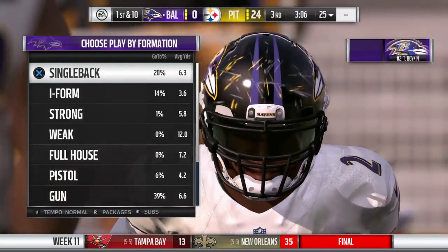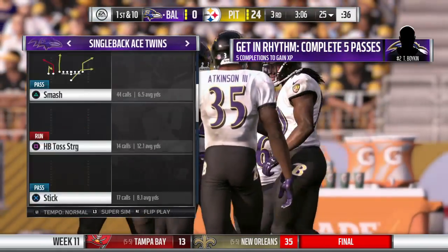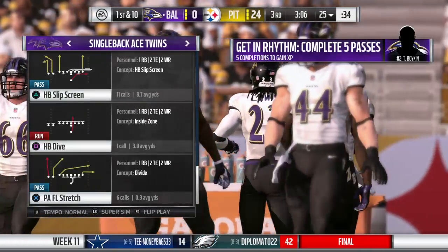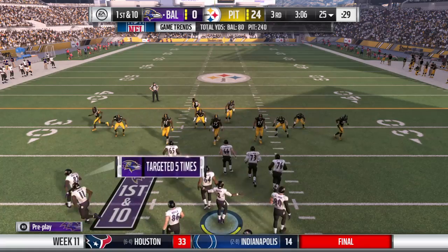The Ravens offense now, they get ready to head back on the field. And on that last drive, went for it on 4th, turned it over. A good job by their defense, though. They held them to 3, but this offense, they've got to be a little bit better, a little bit more